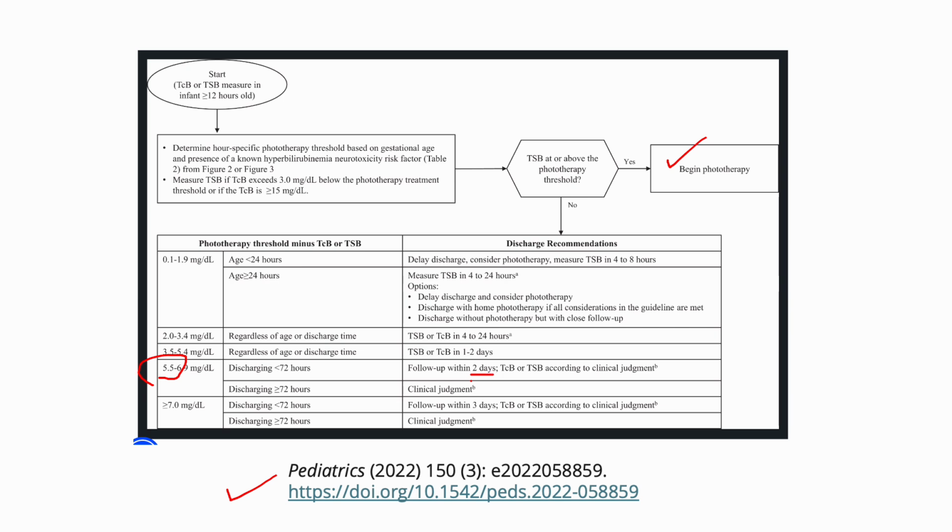So the point which I want to make here is simple, is that the higher the difference between the phototherapy level and the current bilirubin level, you'll be following up later. The smaller the difference, and as you guys can appreciate, if the difference is only less than 2, then of course it's better to keep the baby in the hospital and ideally treat the baby. The older the baby, more than 2-3 days old, and the difference is higher, the more room